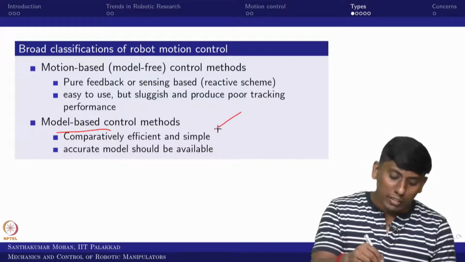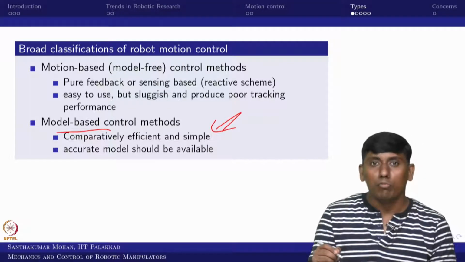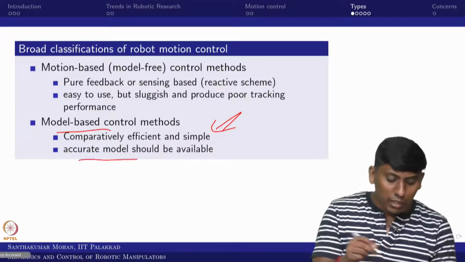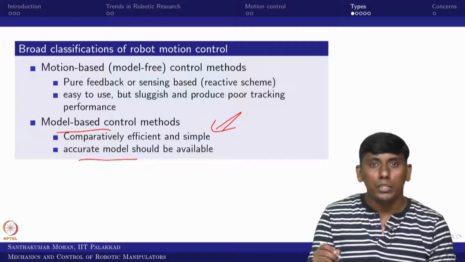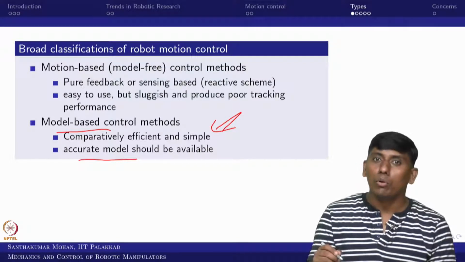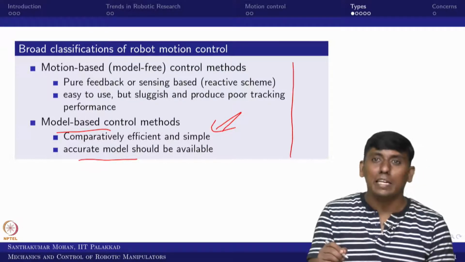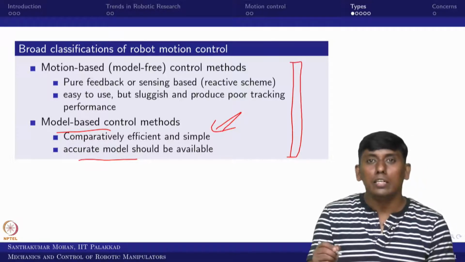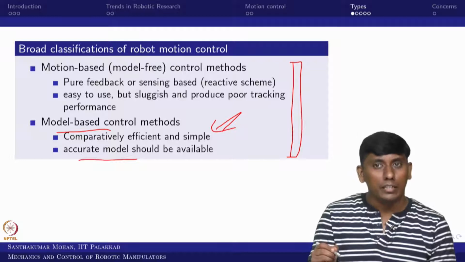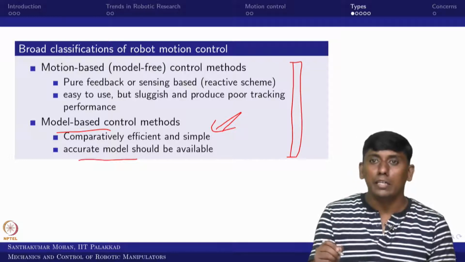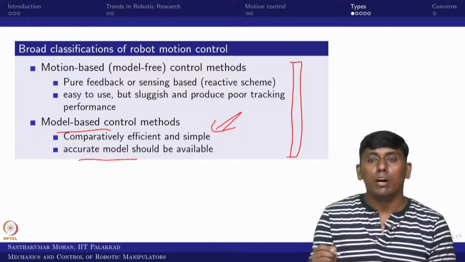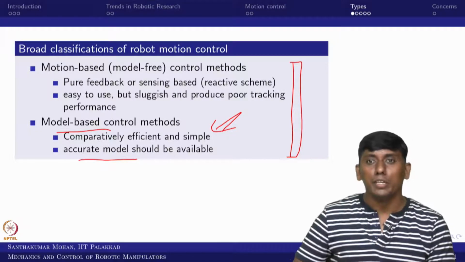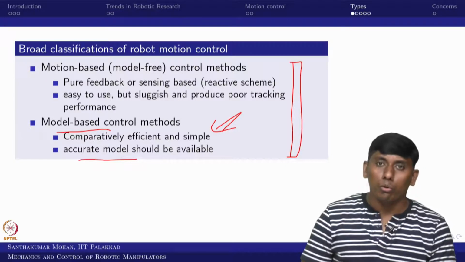However, if the model is inaccurate, then this will not give reasonable performance. That is what we said, that an accurate model should be available to do this. I already told you, we are seamlessly integrating these, and we say that is a hybrid. So we would be doing the motion based control in a hybrid nature, where we try to compensate the model and then give the feedback based control. That is the overall idea.